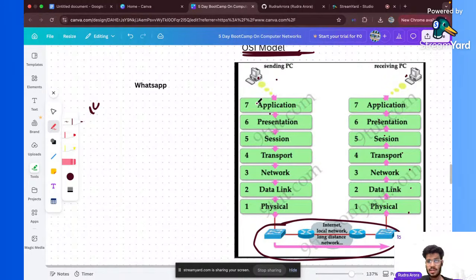So this is your application layer. Once you click send on the hi, in this application layer what gets decided is what protocol this particular hi will use to send the message. So definitely the protocol it will use is